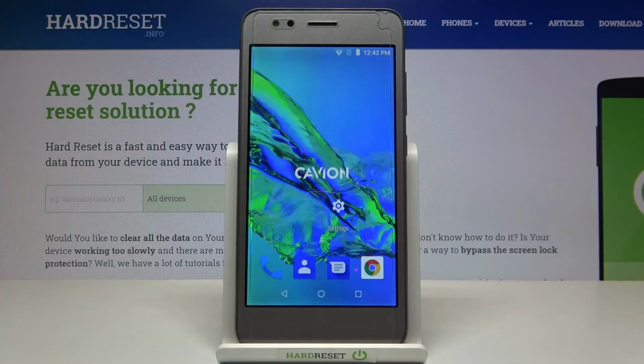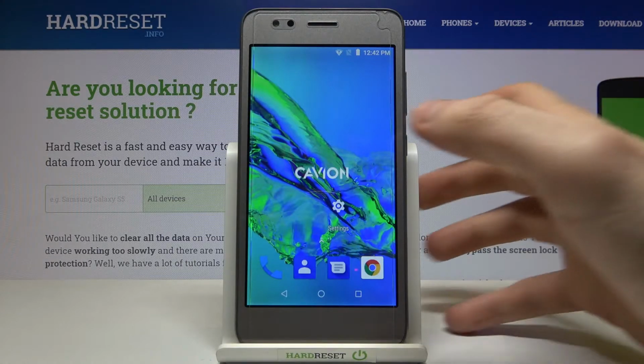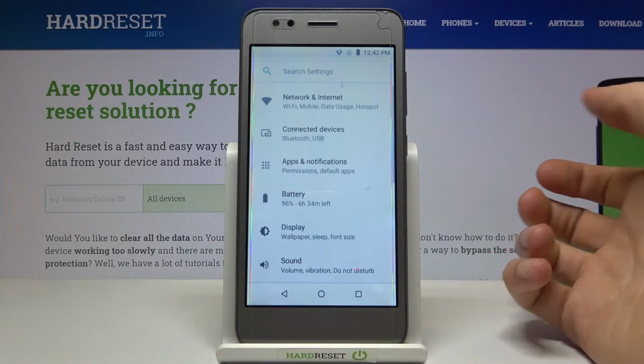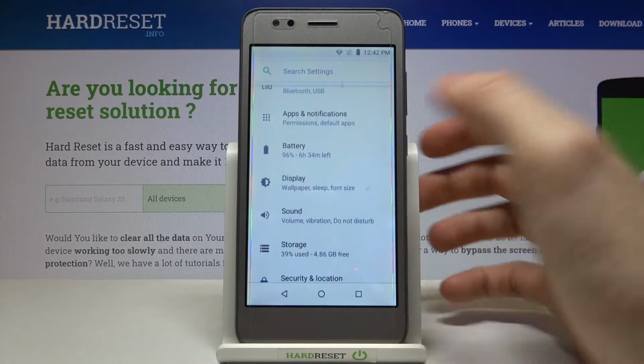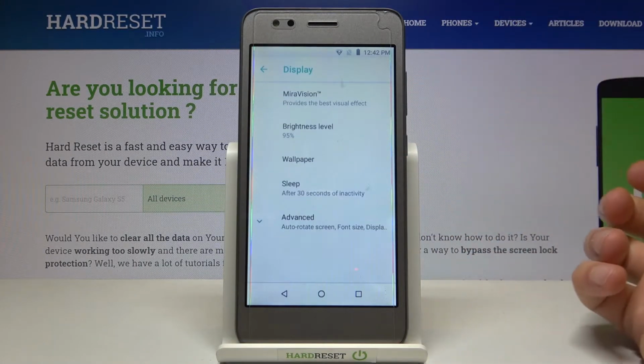Here I have CAVION Base 5.0, and today I'm going to show you how to change wallpaper on this device. So firstly, you will have to open settings, then you have to go to the display section,